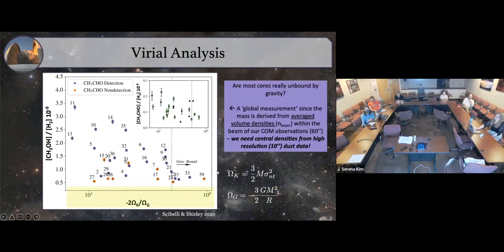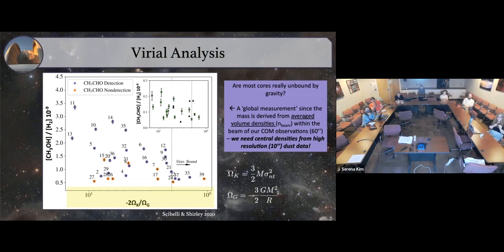However, is that true? So we want to really know, are most of these cores unbound by gravity? The way that these virial parameters were calculated were based on global measurements, based on the average volume density within which we were looking at our complex organics, which for the 12-meter is like a 60 arc second beam. And so one of the projects that I'm working on now is to really understand the